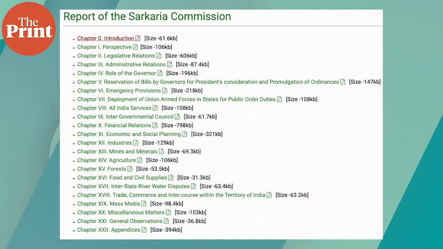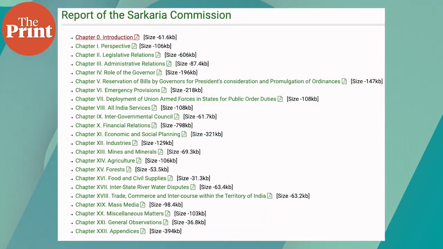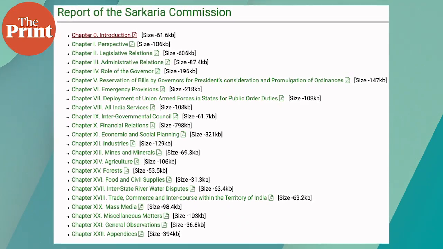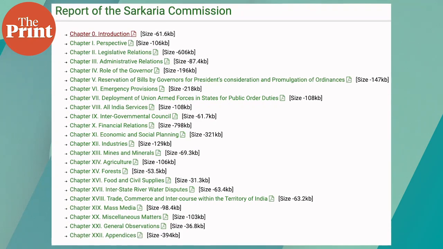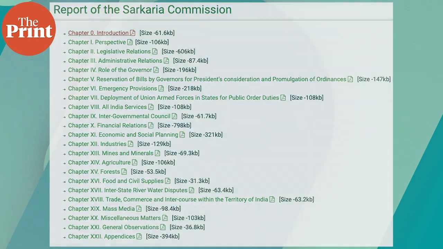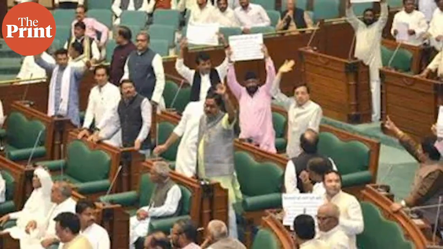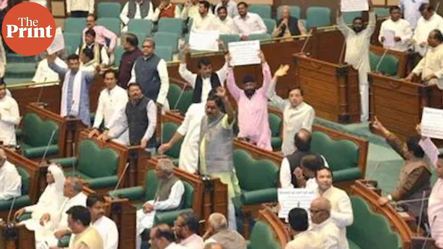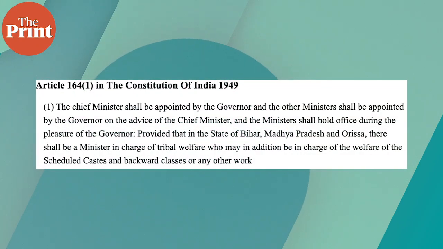But this approach was deprecated by the courts, and now the Sarkaria Commission had recommended that a person who has been appointed Chief Minister without a clear majority should seek a vote of confidence in the Assembly within 30 days. So it's been decided, as said by the Sarkaria Commission and even by the Supreme Court in various cases, that the floor of the House is the only place where the majority is to be decided. Now, once the Chief Minister is appointed, the next step is the appointment of the State Council of Ministers, which includes the Cabinet. The Governor appoints other Council of Ministers on the advice of the Chief Minister, and in addition,